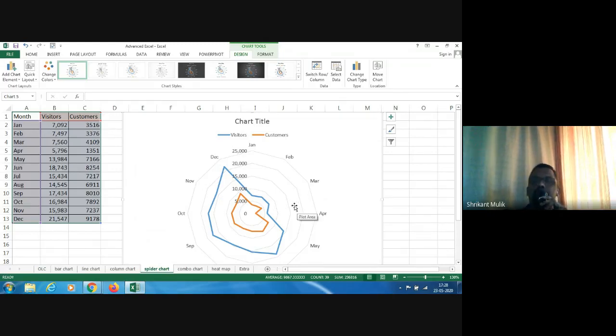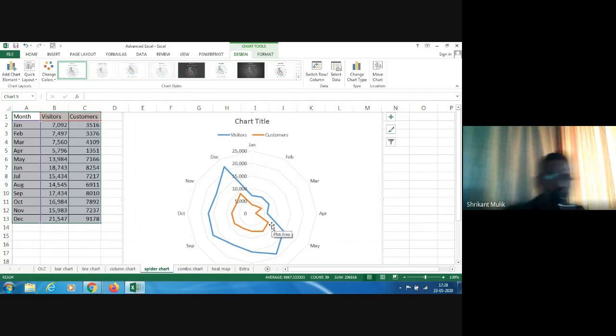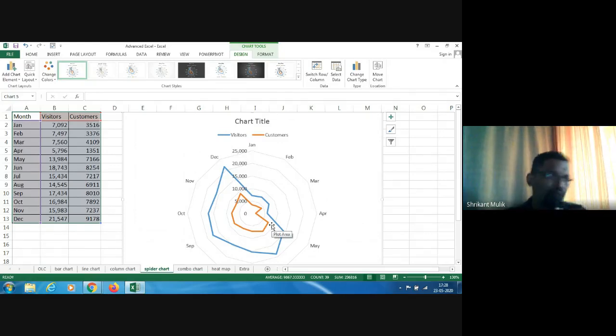Now, if you want to really show that from Jan till maybe April, you have a smaller number of customers, as you can see here. There is a smaller number of customers and a smaller number of visitors, which was obvious. If you are a mall or a store, the number of visitors that walk in will always be more than the number of customers. So when you have 10 visitors, maybe 2, 3, 4, 5 will actually buy. The rest will go back, right?